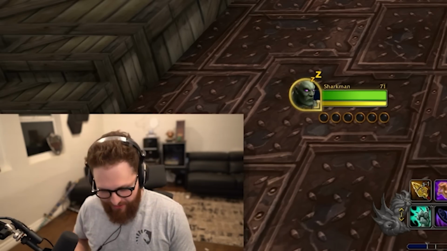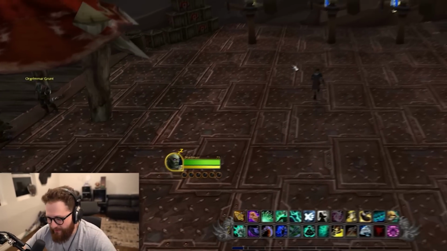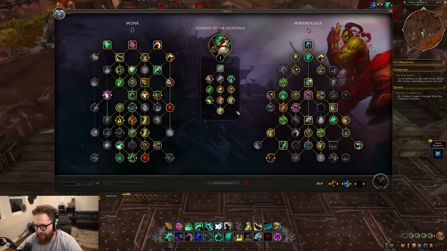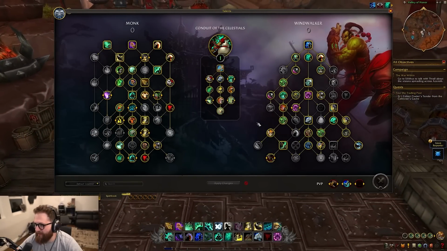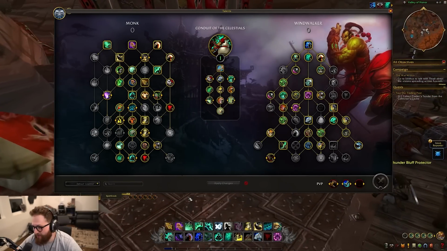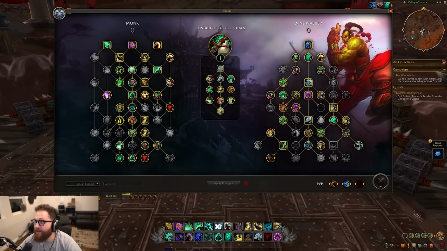This is me a couple days ago looking at the alpha. So, knowing me, the first thing I did, I heard word on the street was that Windwalker class and spec tree were completely redone, and oh boy, were they. There are a ton of really cool things with it, and I think the way I want to do this